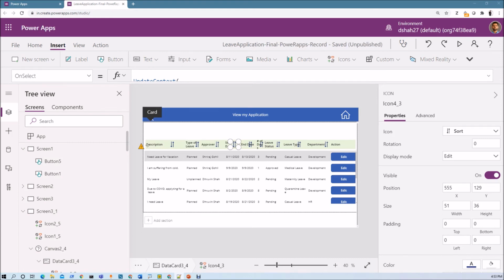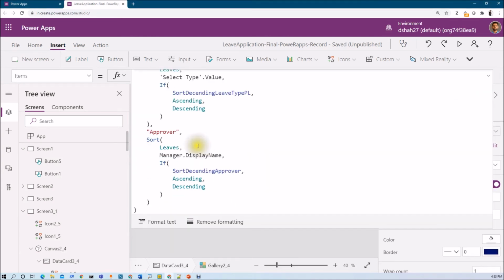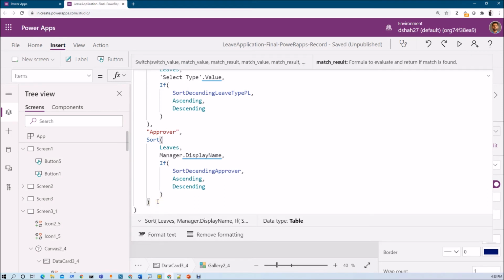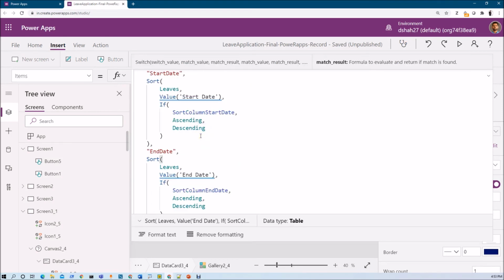So I am copying this entire code and then I am explaining to you. Let me go to the items code. Let me go to the switch. Let me place a comma. The first block is for start date and the second block is for end date.